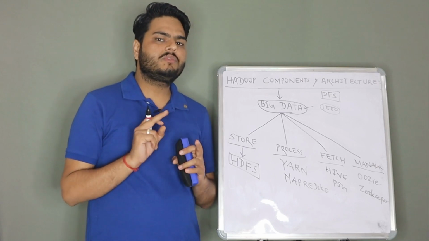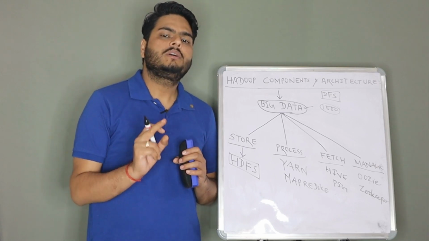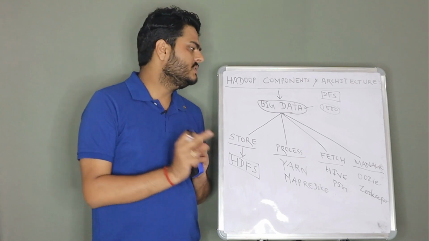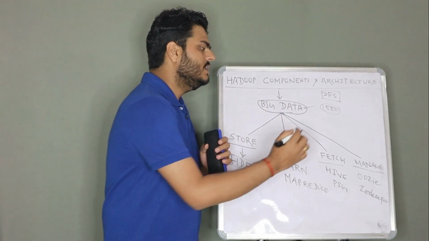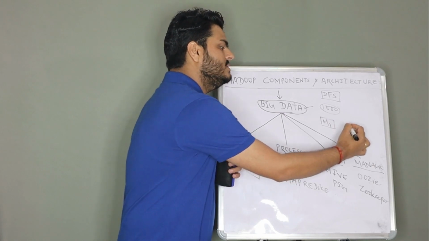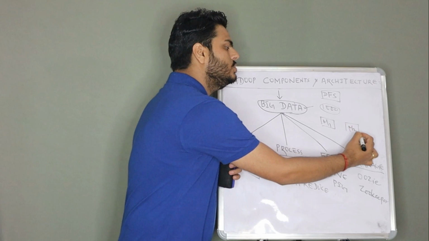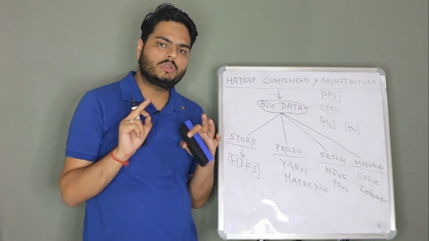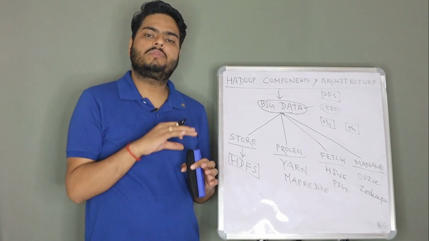We can achieve that by doing something that is called a distributed file system. Let us understand with this example only. Let us say this is machine 1. Machine 1 means computer 1. This is machine 2. Machine 2 means node 2 or computer 2. In the world of distributed file system, we call them nodes. Different machines means different nodes.